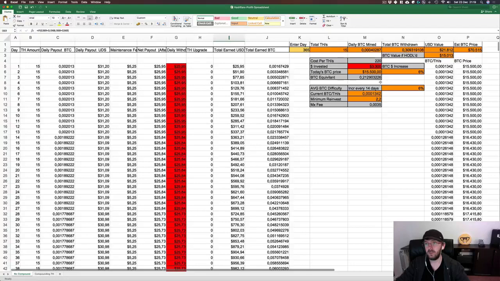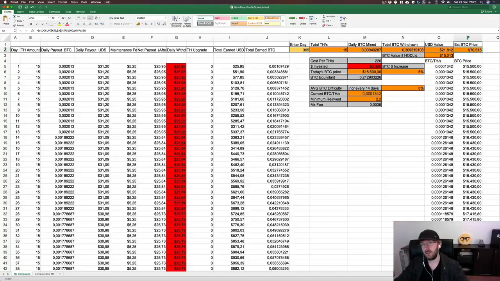So if we go to the top here, if you just hold this initial investment in bitcoins, you will end up with 15,000. But if you go with the mining plan, you will end up with 0.3 bitcoin, which will be worth 21,000. And this value is calculated by the end of the year with a 6% increase every 14 days. So the Bitcoin price will be around 70,000. If you think this is too unrealistic, you can just tweak these numbers and see what happens.